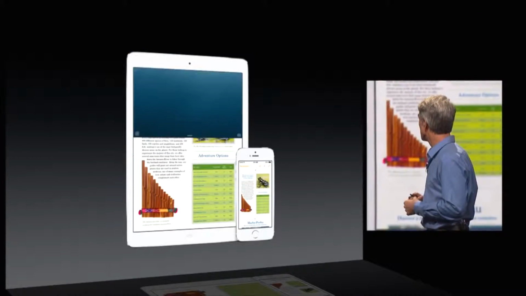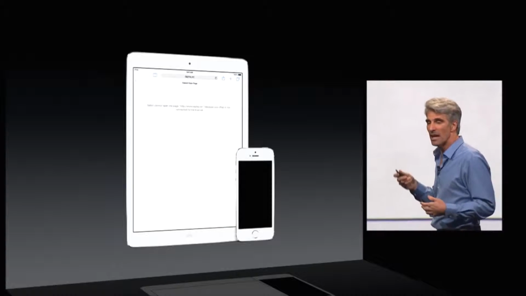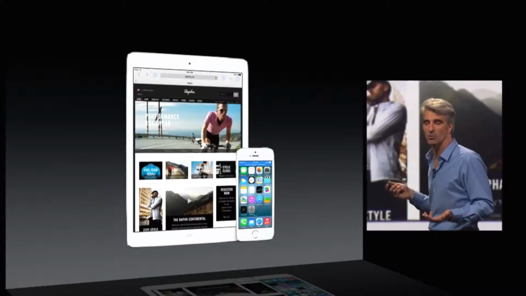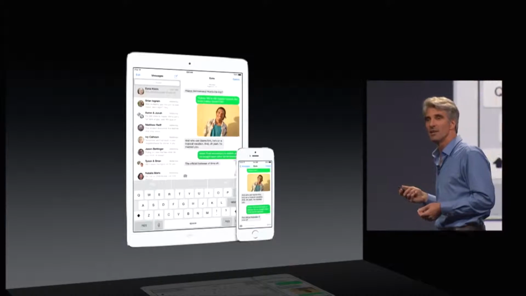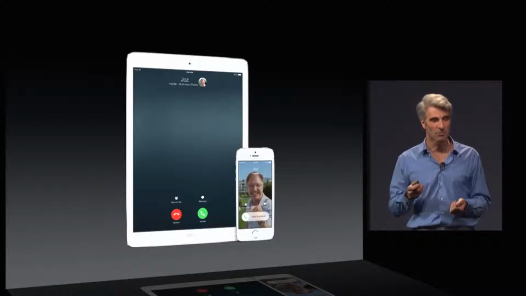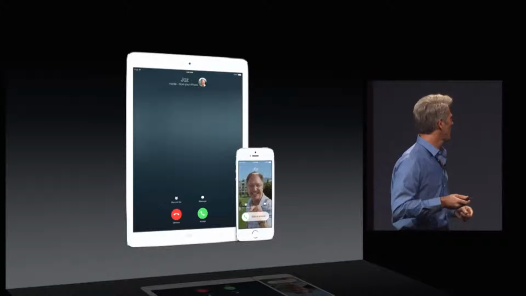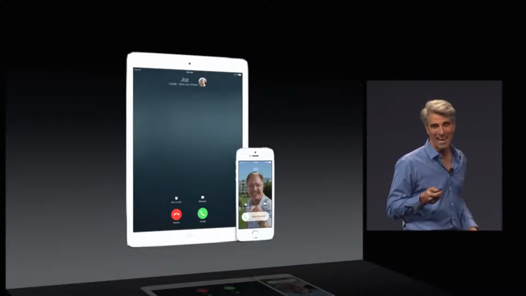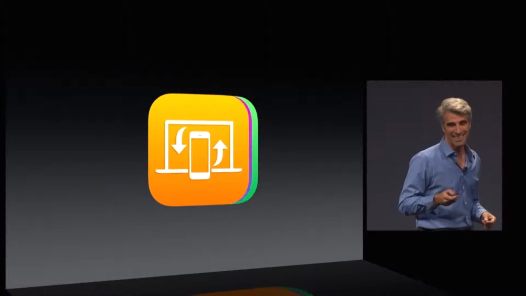Again, continuity is a really cool thing. I already kind of explained that with Yosemite. But this also works if you're working on a Keynote document, or a Pages document, say you're typing up a paper on your iPad, and then you walk towards your MacBook Pro. And the really cool thing is that your Mac will automatically detect it. So on your phone or your iPad, a badge will appear, and you swipe up, and then it'll appear on your Mac, and you just keep on going where you left off. So it's very seamless, really cool, really awesome.